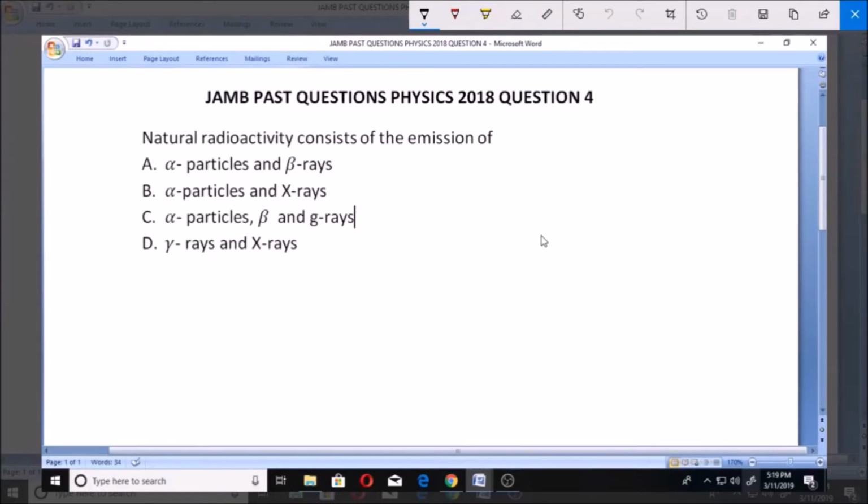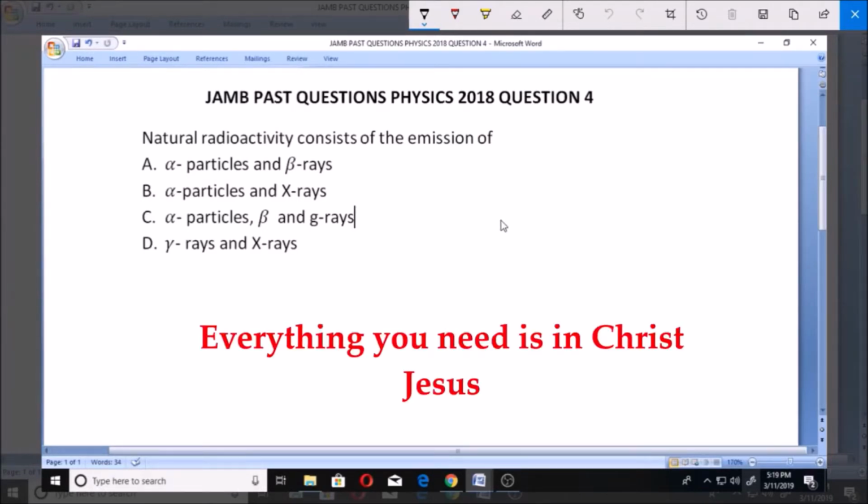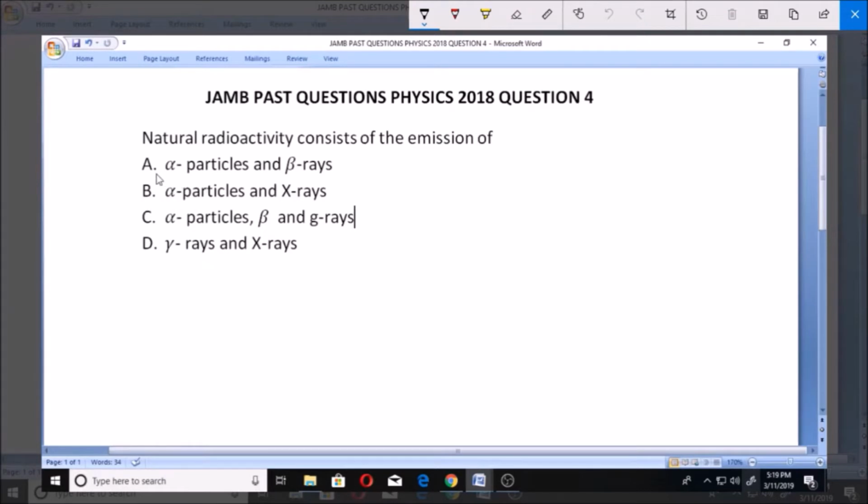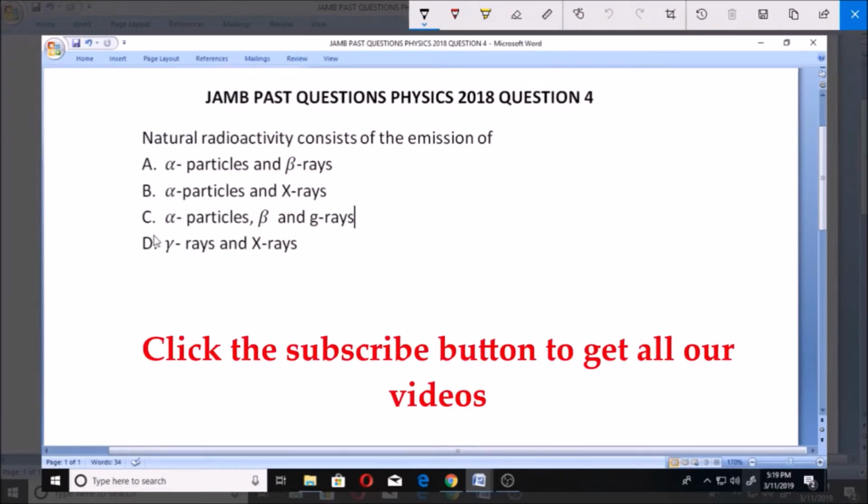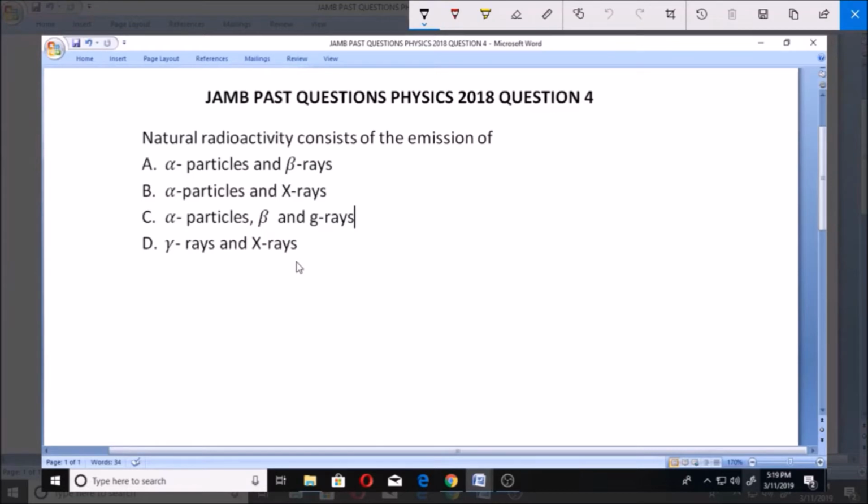Now let's look at this Jamb past question for physics 2018. Question number 4. Natural radioactivity consists of the emission of A. Alpha particles and beta rays, B. Alpha particles and X rays, C. Alpha particles, beta and gamma rays, D. Y rays and X rays. Now, for us to understand this very well, we need to know the definition of natural radioactivity, and we'll have